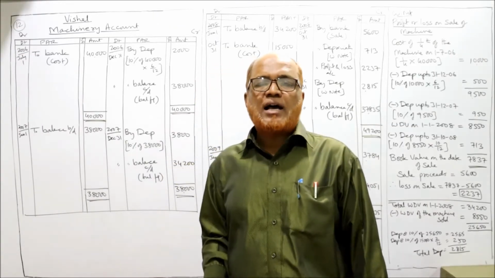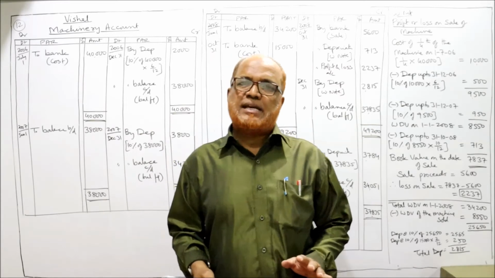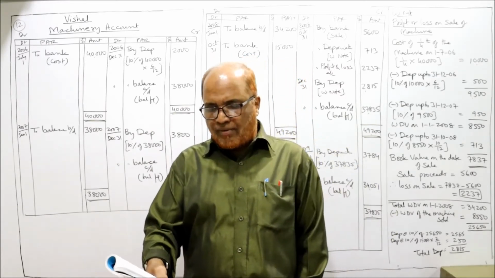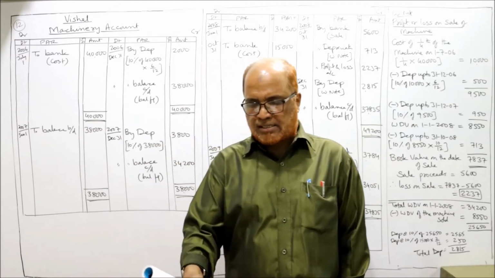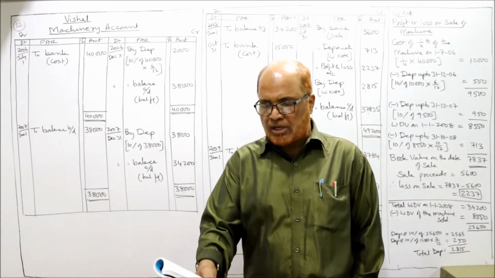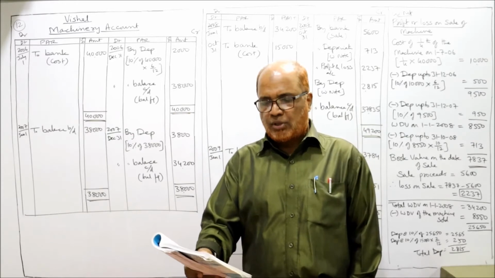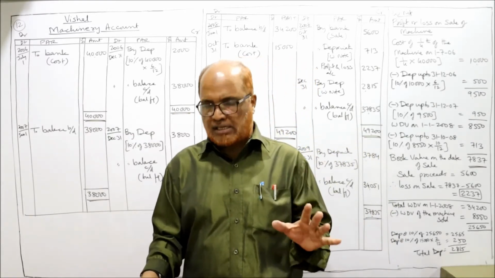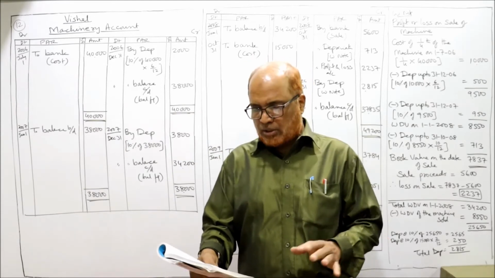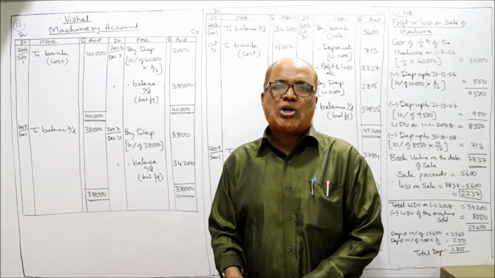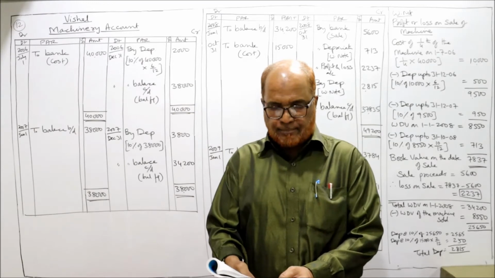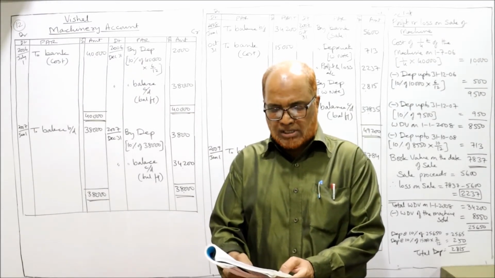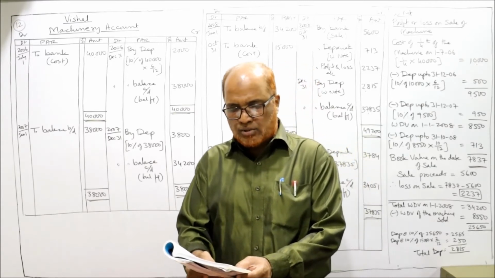Now I am reading out the last and final problem on depreciation. This is problem number 12. See the 12th problem carefully. On 1st July 2006, Vishal purchased a machinery for rupees 40,000. So first of all, machine purchased on 1st July 2006. The cost of the machine is 40,000. On 31st October 2008, 1/4 of the machinery which was purchased on 1st July 2006 was sold for rupees 5,600